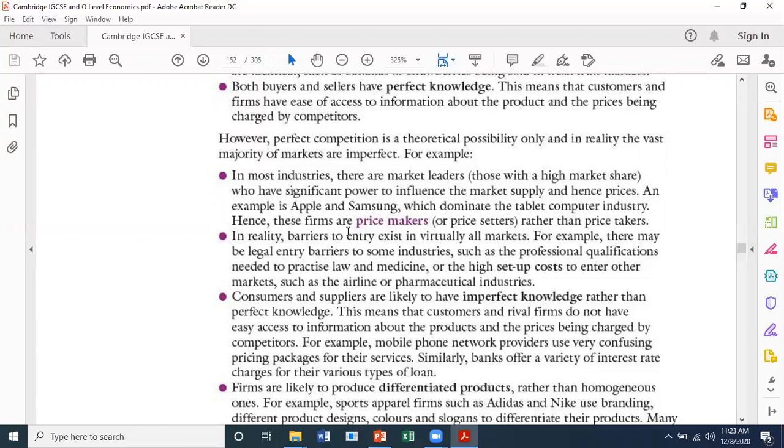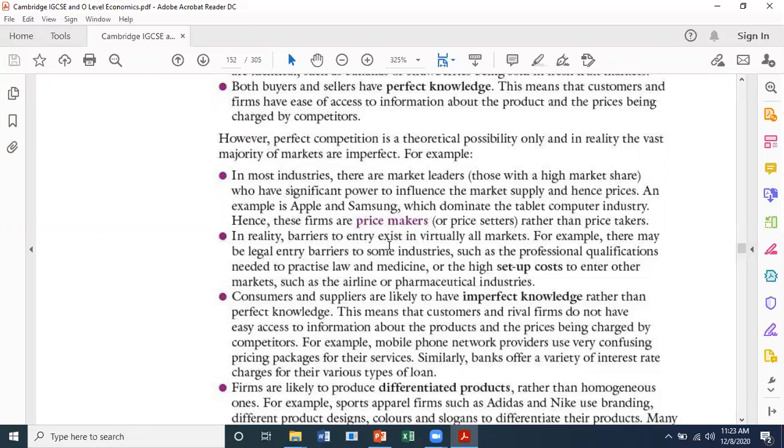In reality, barriers to entry exist in virtually all markets. For example, there may be legal entry barriers to some industries, such as the professional qualifications needed to practice law and medicine, or the high setup cost to enter other markets, such as the airline or pharmaceutical industry. So, कोई भी नई मार्केट में